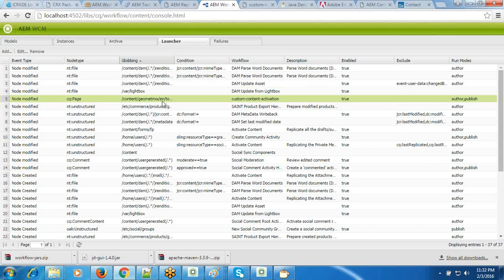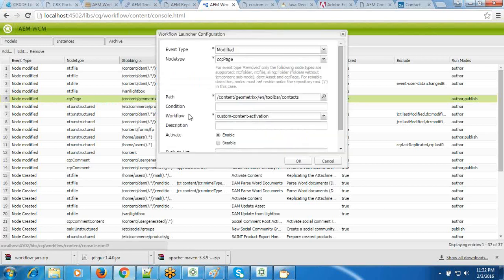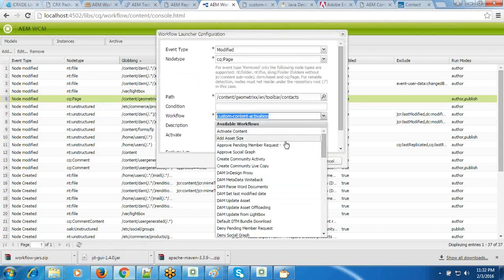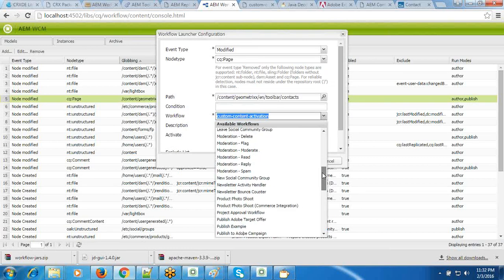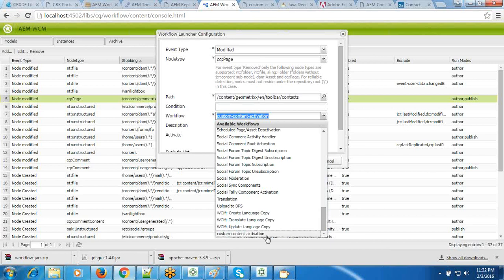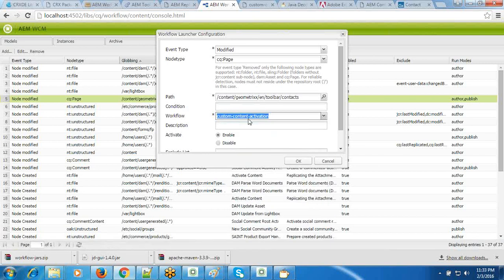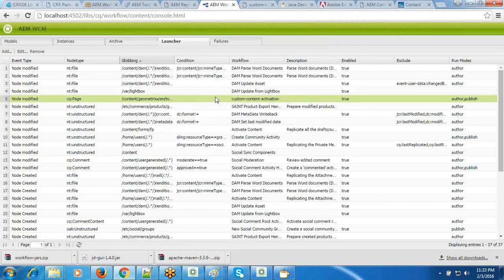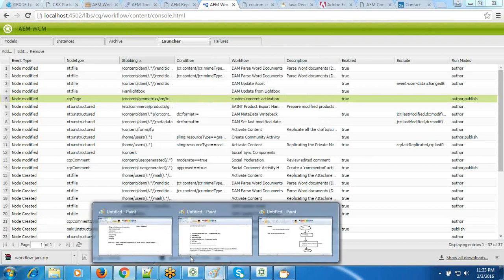Yes, it's a kind of listener. To configure a launcher, what do you need? You need to have a workflow in hand, either a system workflow or your custom workflow. These are all the system workflows; if you want, you can use them. But we created our custom workflow, that is the custom content activation workflow. This is how the launchers work. Hope you understood launchers. And the next concept is